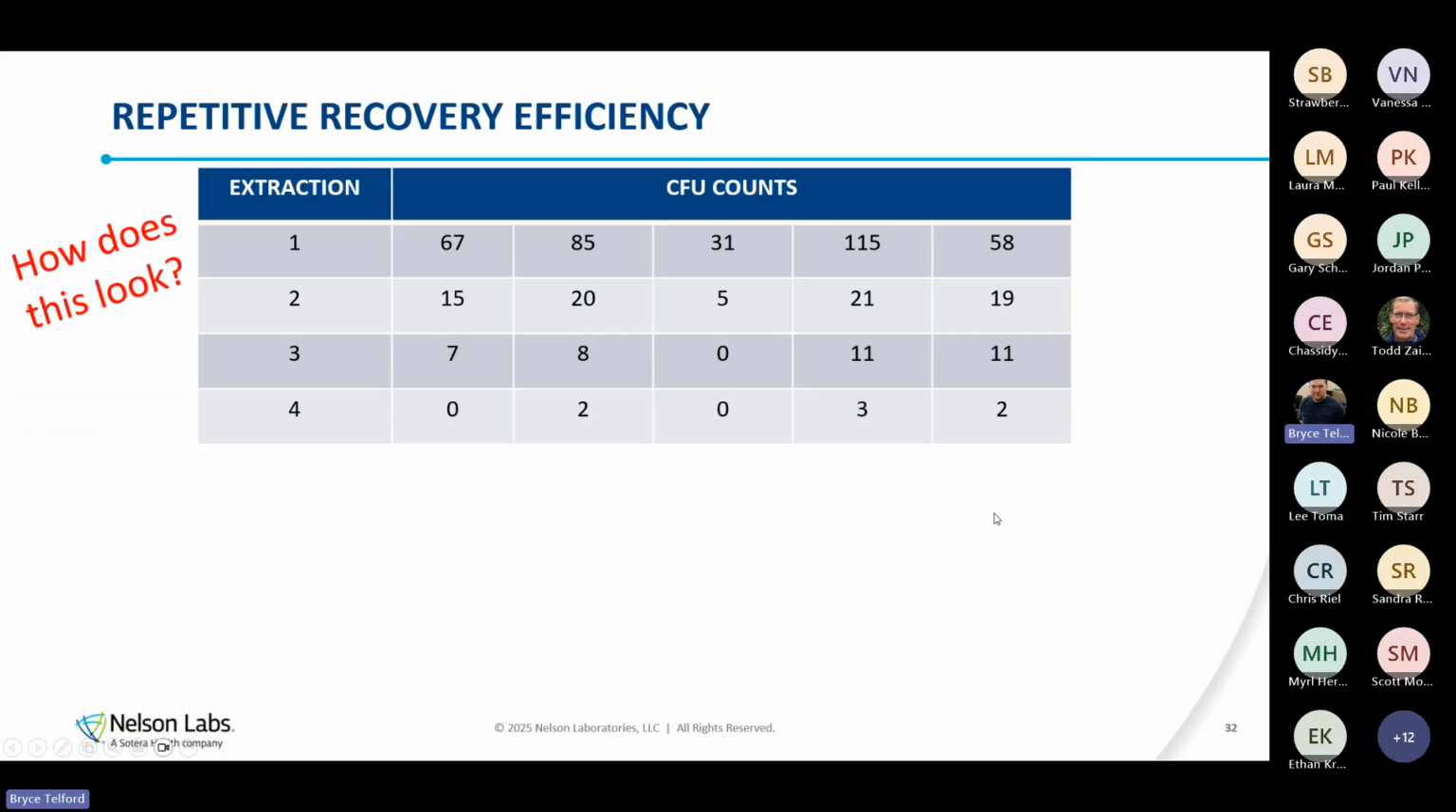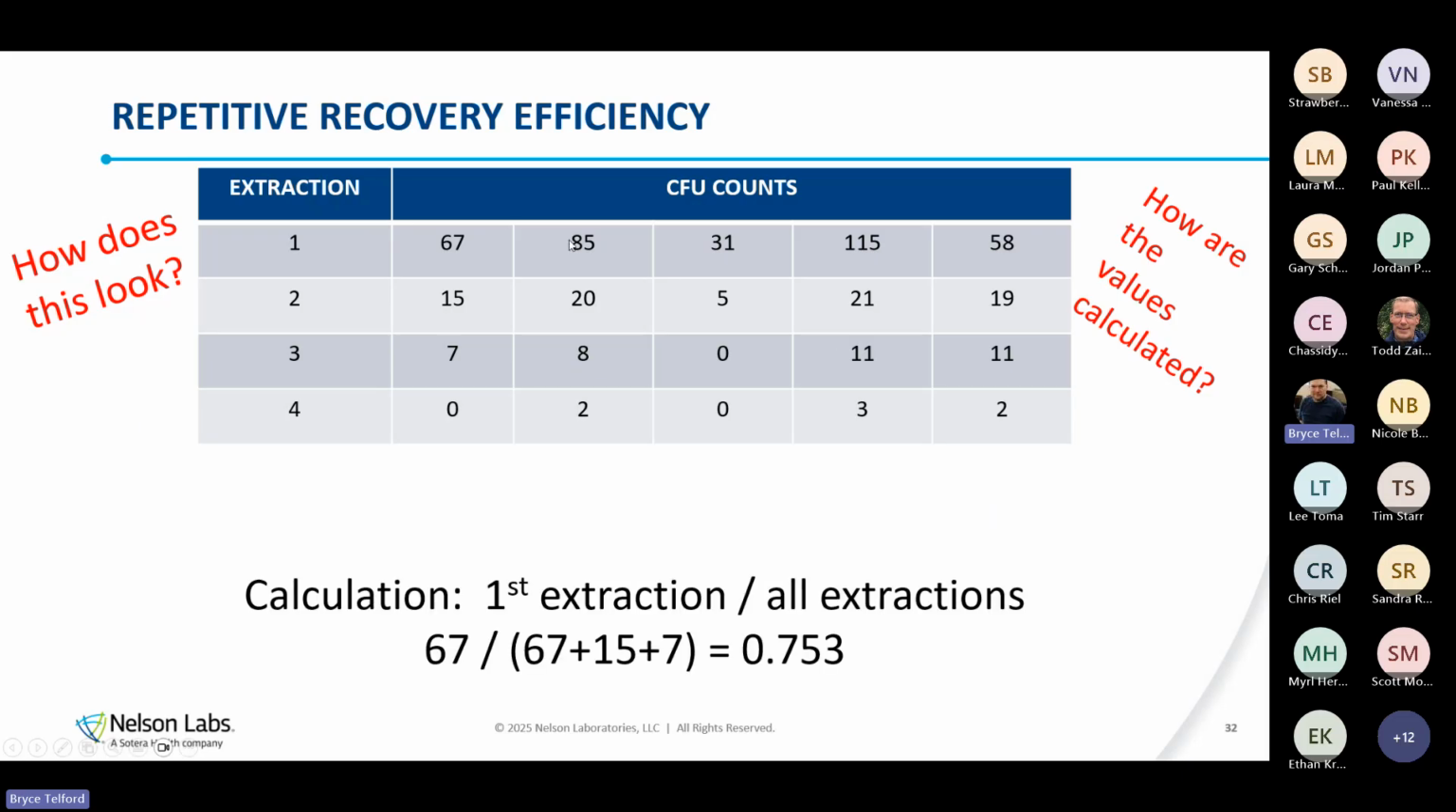So how does this look when we actually do the math, and how are the values calculated? It is the first extraction divided by the sum of all extractions. So we'll use this first column here. We have 67 CFU in our first rinse divided by the sum of all of our rinses. So this is essentially our total bioburden. So 67 over 67 plus 15 plus 7 gives us 0.753, which is a